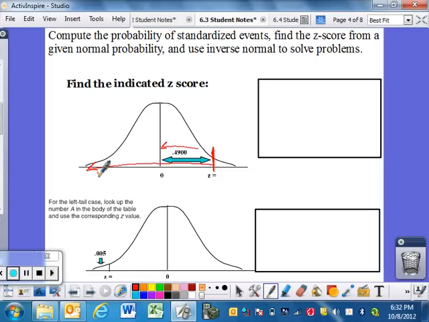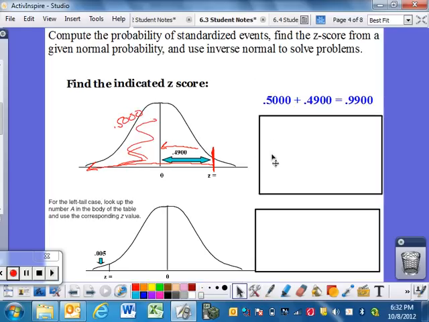Okay, and if that's the case, what are we going to do? We need to add this stuff that's not included. Well, how much is to the left of the mean? 0.5000. So all I need to do is add those two up. That means from the line we're looking for, that z-score actually needs to give us 99%. So if you go to your table,